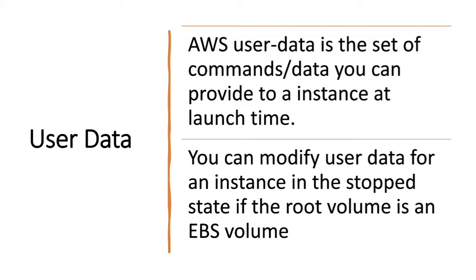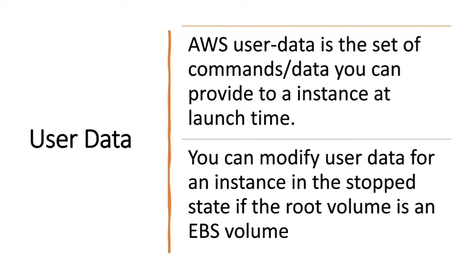So you have two different types of AMI. First you have EBS volume as your root volume, and you can also have instance store, right? So if you have instance store as your root volume, at that point of time you cannot modify your user data, because when you stop the instance, the data written in the instance store gets vanished, right? So make sure that your root volume should be EBS.